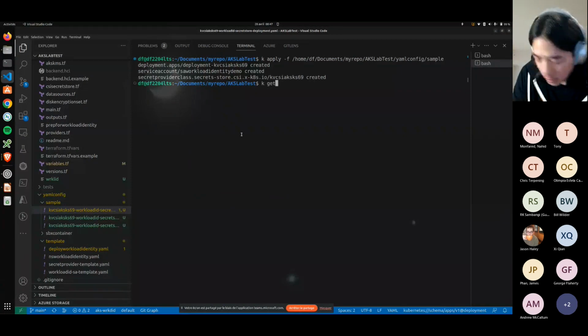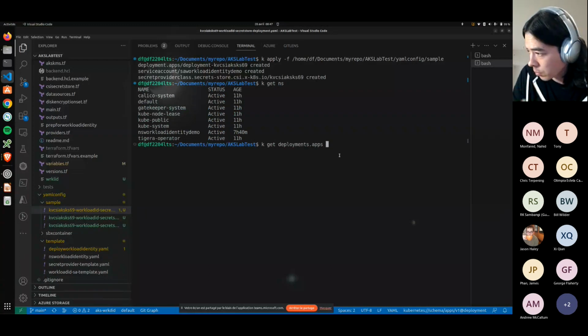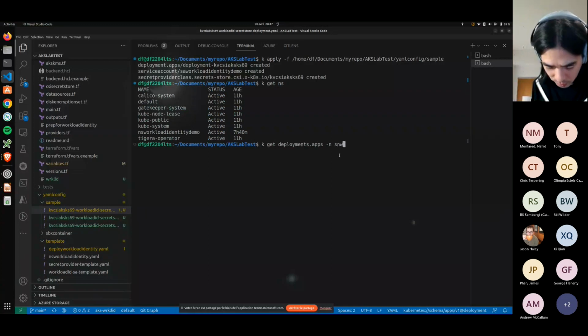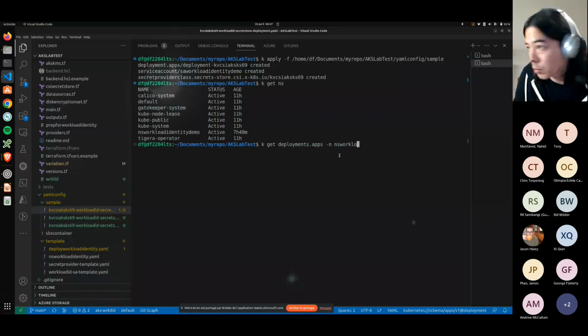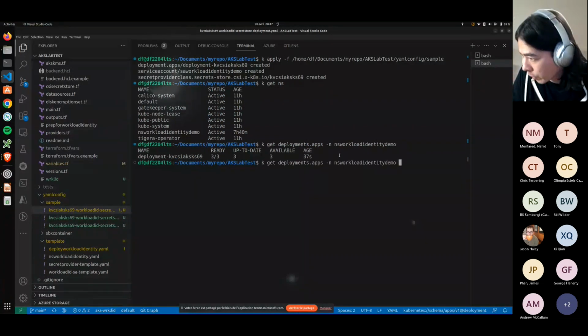So now if I go to the namespace, let's check what I have in this namespace. And I should have completion at one point. Okay, so I have one deployment with everything ready and working, so that's fine,